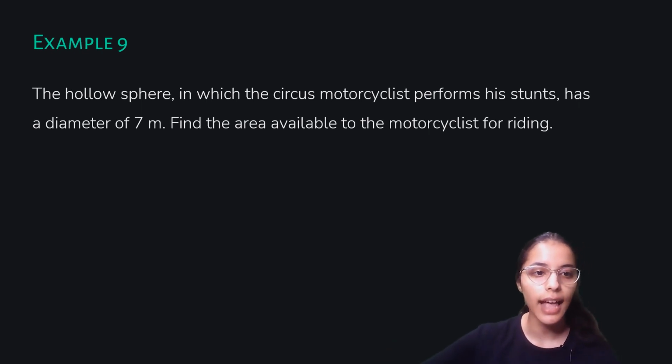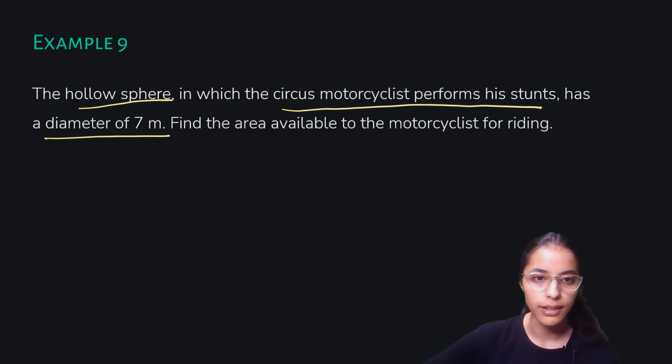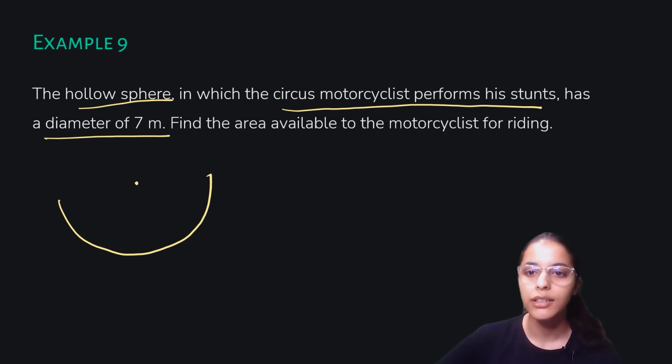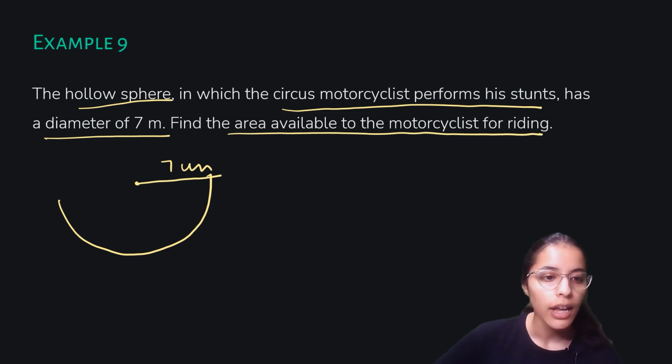Now moving on to our example number 9. Here it is said that the hollow sphere in which a circus motorcycle performs his stunt has a diameter of 7 meters. Now the circus motorcycle performs a stunt in a hollow sphere which has a diameter of 7 meters. Now the area available to the motorcycle for riding, even if it is a sphere,